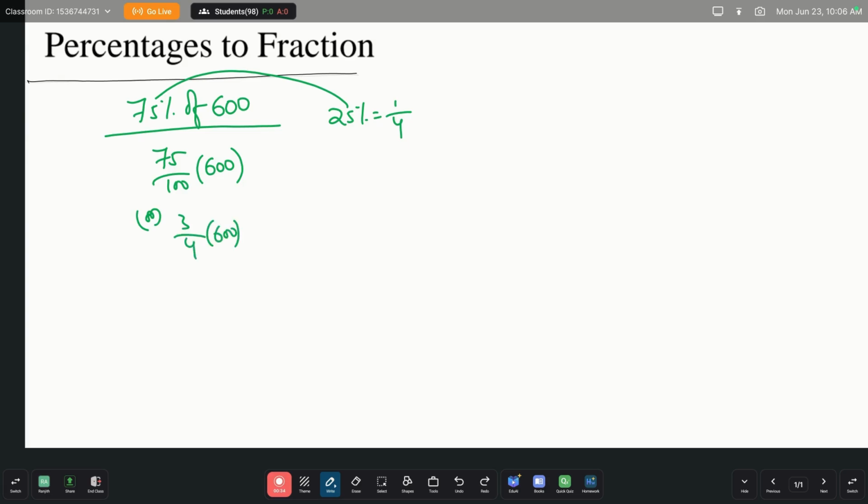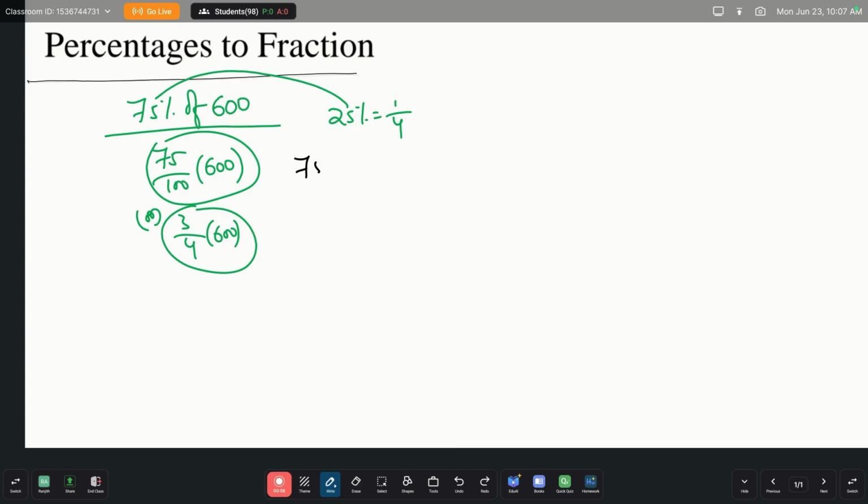We can write anything, but no need to write 3 by 4 times of 600 here. Why? Because percentage itself we are having 2 zeros, which is cancelled. In 600 we are having 2 zeros. So no need to write again 75 by 100 into 600. Percentage itself 2 zeros is cancelled. So we are left directly with